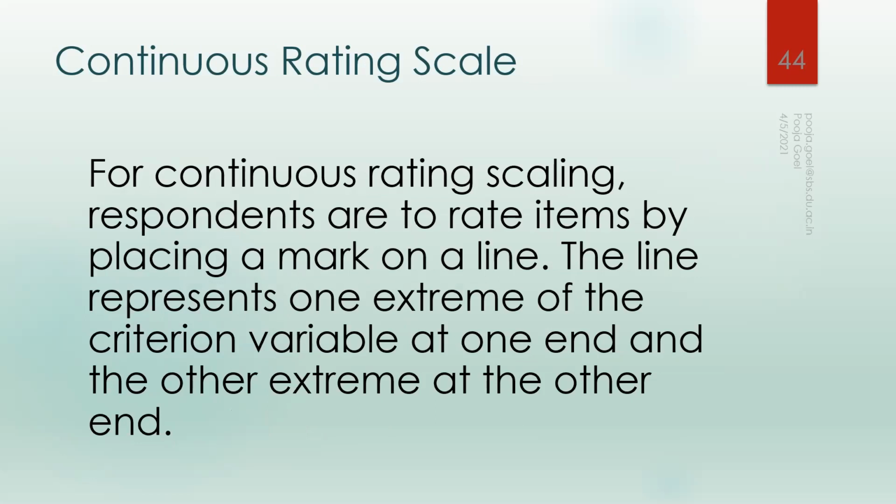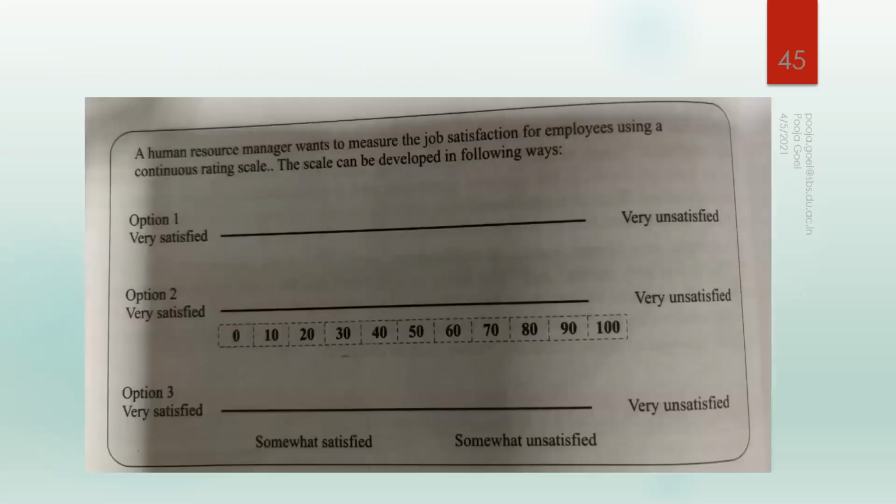For continuous, there is a continuum, in which two extreme ends are given, 0 and 100, and in between you are asked where you would fix yourself. Rather than you give a number, whether 5, 4, or 3, you give a continuum starting from 0 to 100, and then you provide the respondent liberty to choose. For example, this is an example.